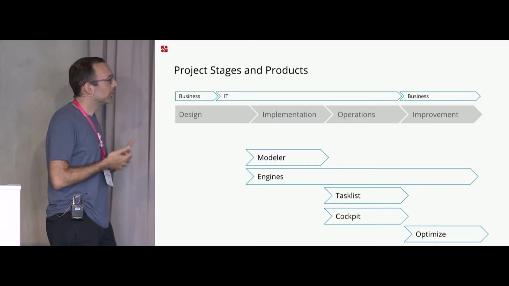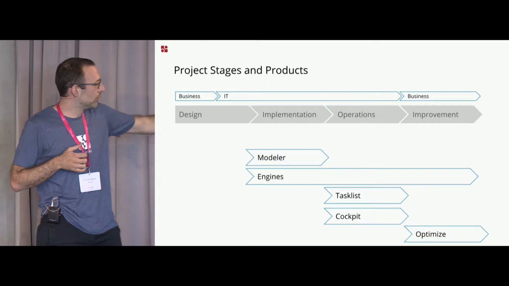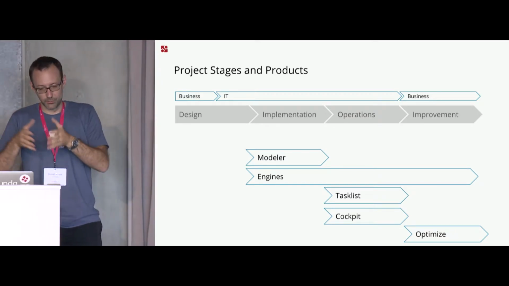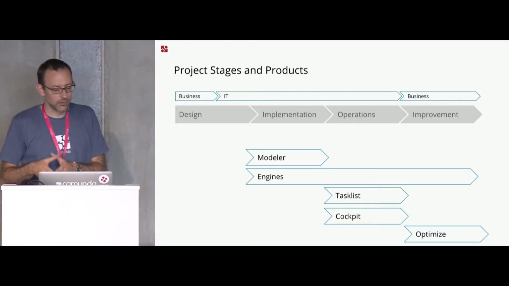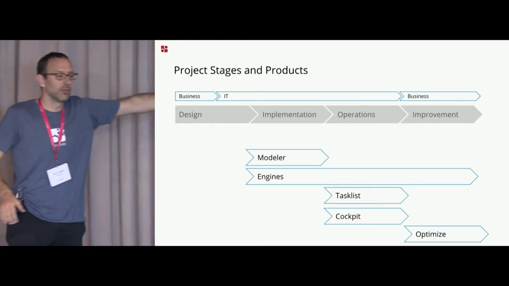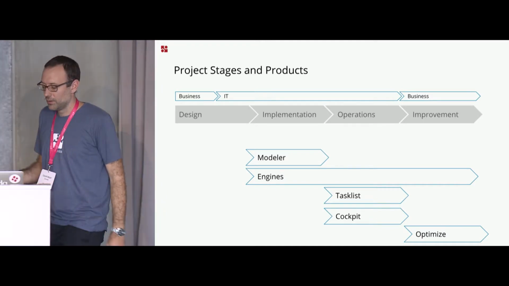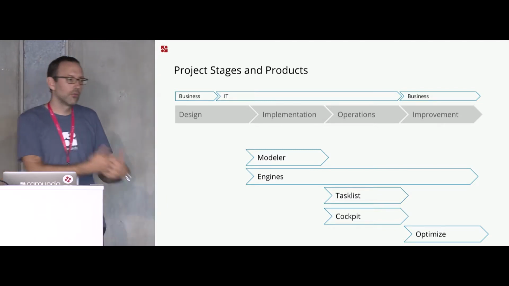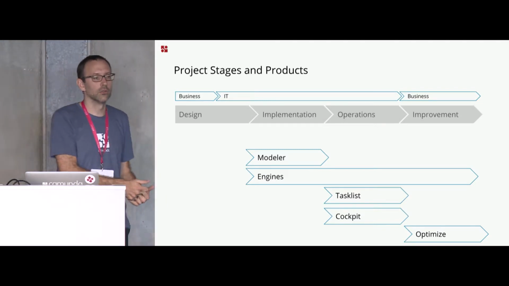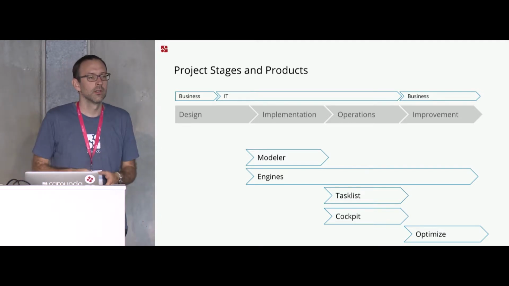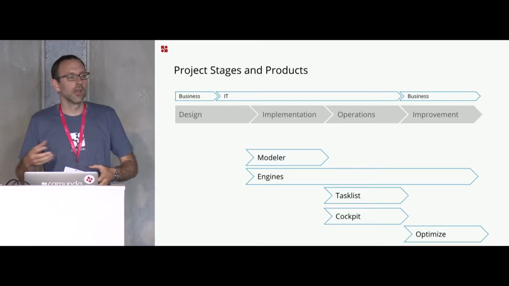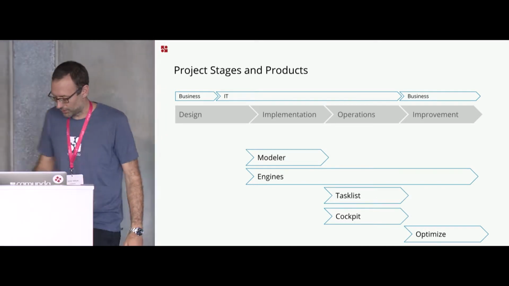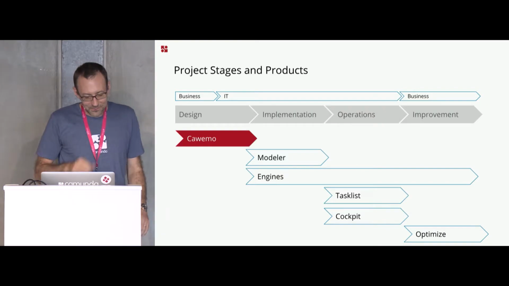That's also why, when I look at the Camunda stack and the tools that we have there, and in which phase of the process implementation project they are relevant, the Camunda Modeler is relevant in the implementation phase. It's a tool for the developer. Of course, in certain projects, some organizations are leveraging it as an organizational modeling tool, but it's not built to do that. It can also take an SUV and go to the racing track, but it's not where it probably should be. I don't know what SUVs are for, but yeah.